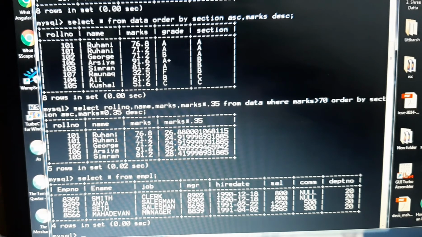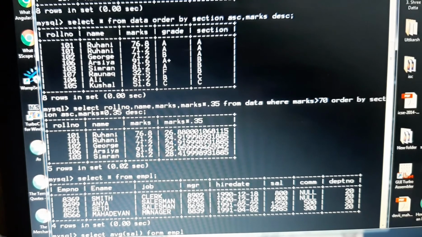And here they are going to use a command average. The example one is showing calculate average salary of all employees listed in the table EMPL. So we will be writing select average sal from EMPL.